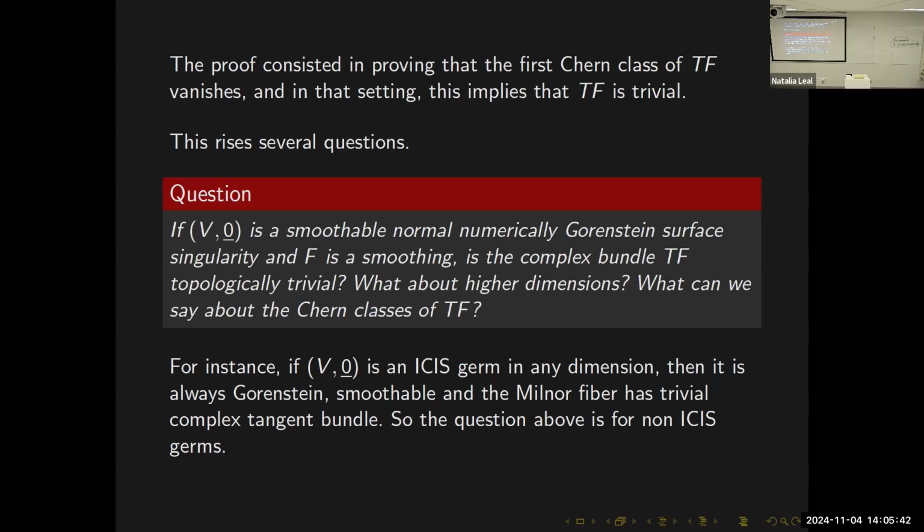What about higher dimensions? If we have a smoothable singularity in general, what can we say about the Chern classes of the tangent bundle of the smooth Milnor fiber? Absolutely nothing is known as far as I know. For instance, if this germ is a complete intersection, then this bundle is trivial. That's very easy to prove. But if it is not a complete intersection,